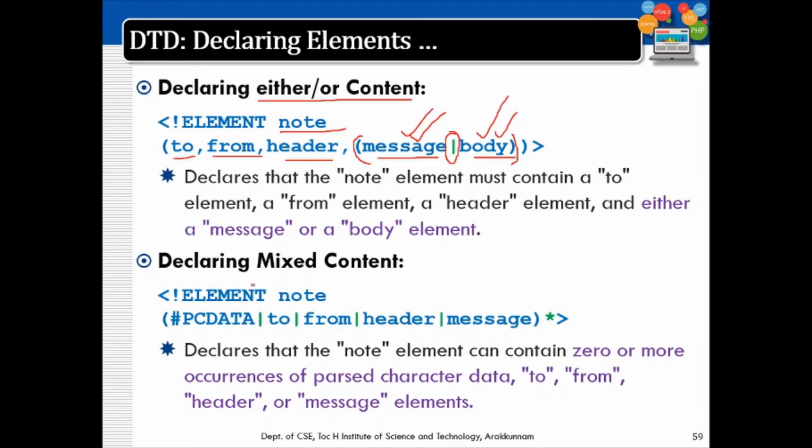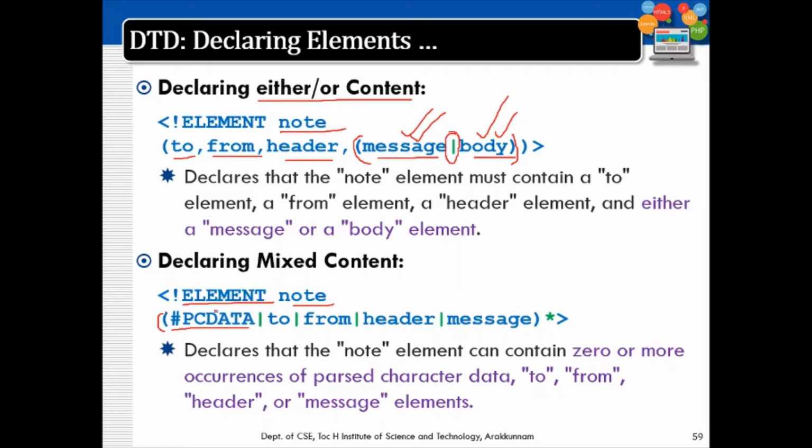Then mixed content. We have already seen mixed elements, which contain data as well as subnodes. So mixed content can be mentioned like this: exclamation element note, then within brackets, after a space, we mention hash PCDATA.